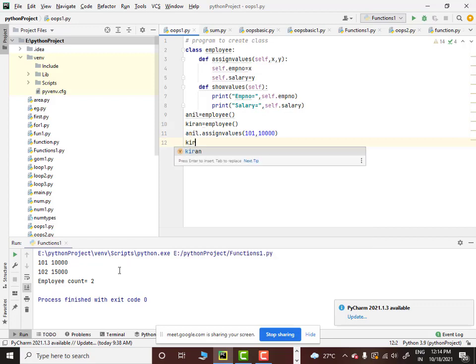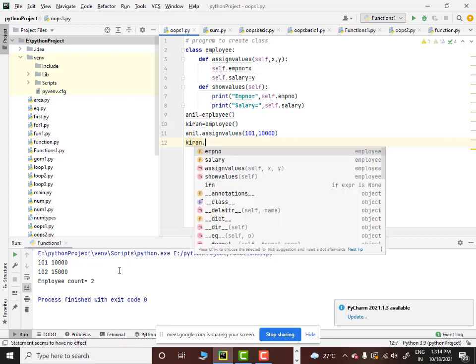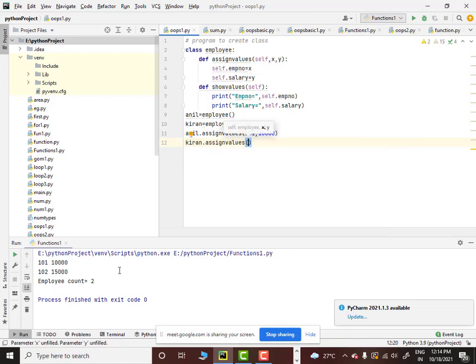Similarly, I have one more employee called Kiran. I am going to call the same assign values method, and I am going to pass 102 and I am going to pass the value as 15,000. Okay, now I have assigned values for Anil and Kiran, employee number value and the salary value.